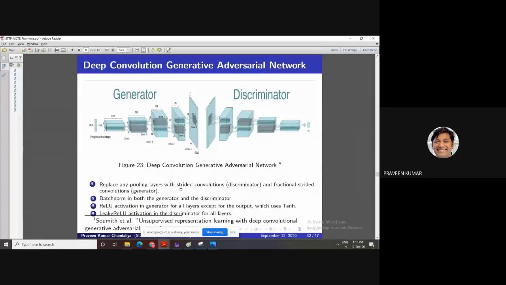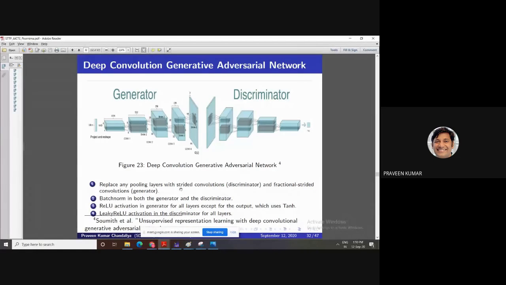Generally, in the discriminator architecture of a generative adversarial network model, no one uses the pooling concept. Batch normalization is used in the generator and discriminator. The standard ReLU activation is used in all layers of the generator, and tanh in the last layer. The leaky ReLU activation function is used in the discriminator. These four are very important parameters for a generative adversarial network, because the major issue of a GAN is stability.